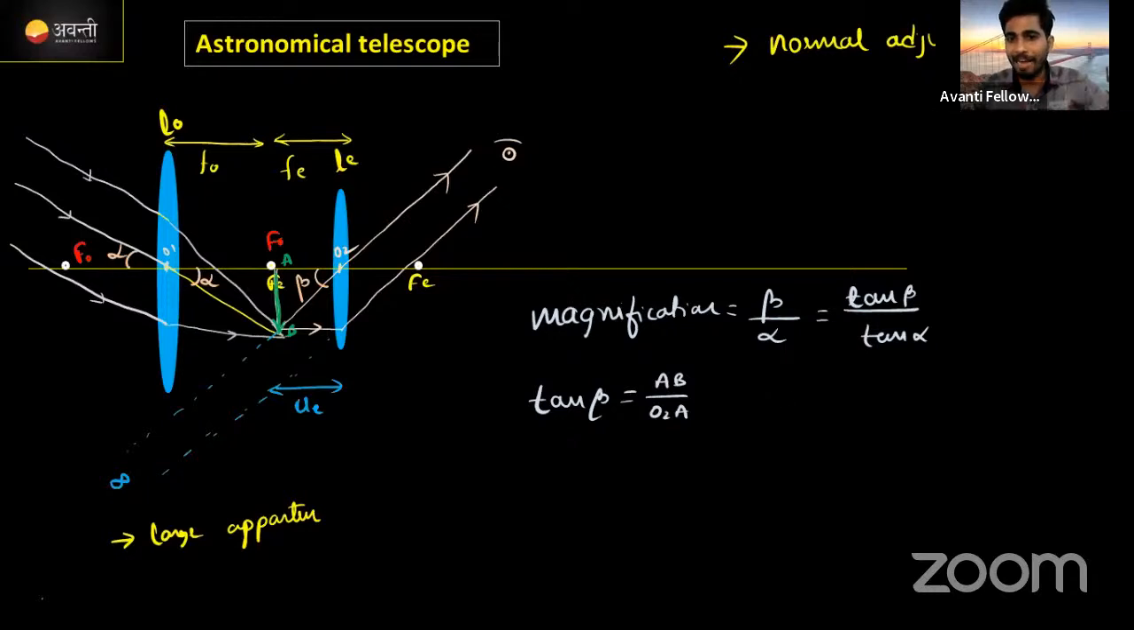Second thing, tan alpha. Tan alpha is for the angle alpha subtended by the objective lens. The opposite side is again AB, the adjacent side is O1A, correct? Again AB divided by O1A. Substitute these two values in the magnification equation. Look here, magnification m is, tan beta means AB upon O2A, into the second one. In the denominator I want to write AB upon O1A. Cool. AB cancels, remaining